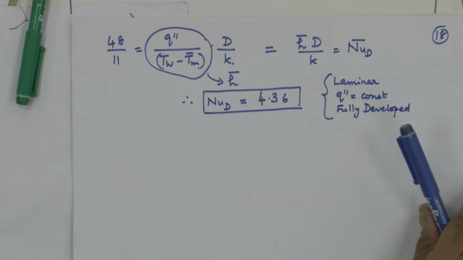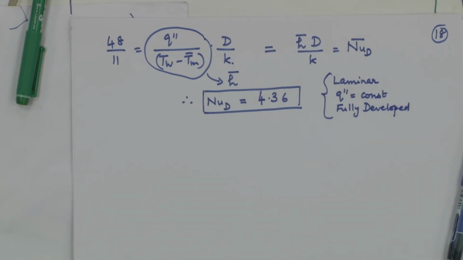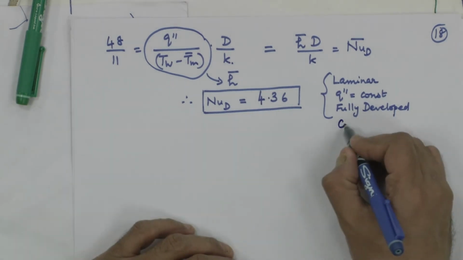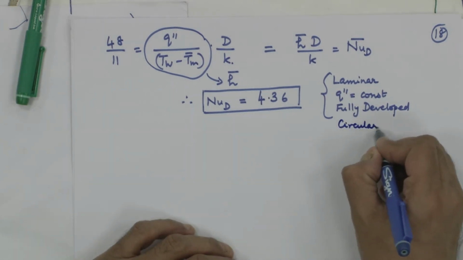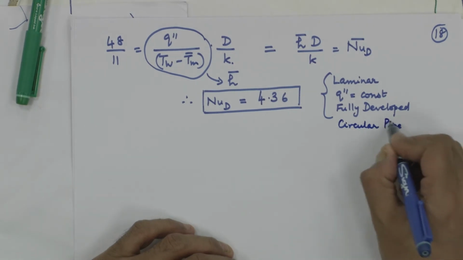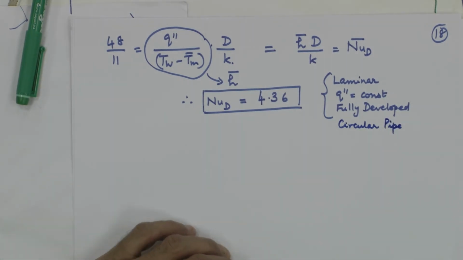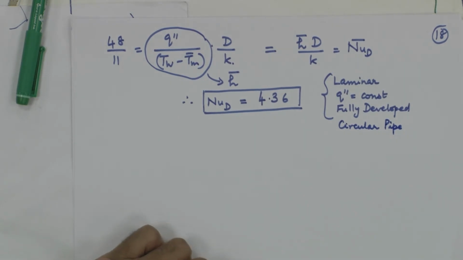We also said that the second derivative of temperature in the flow direction is much smaller compared to d squared T by dr squared. Then we had the other assumptions from the hydrodynamics. With all these assumptions, the Nusselt number for laminar, fully developed flow through a circular pipe subjected to constant wall heat flux boundary condition came out to be